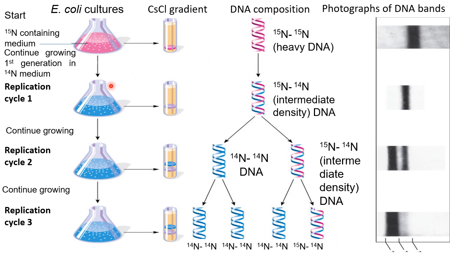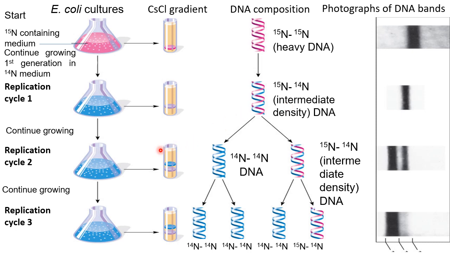After that, the cells were shifted to a medium containing the light isotope of nitrogen, that is N14 nitrogen, in the same media, that is ammonium chloride media. The DNA was then extracted and its buoyant density was determined by centrifugation in a cesium chloride density gradient. At this point, the DNA showed a hybrid band between the N15 and N14 DNA bands, because the new DNA molecules contain N15 and N14 nitrogen. That is why it showed a hybrid intermediate band, between the N15 and N14 DNA bands.